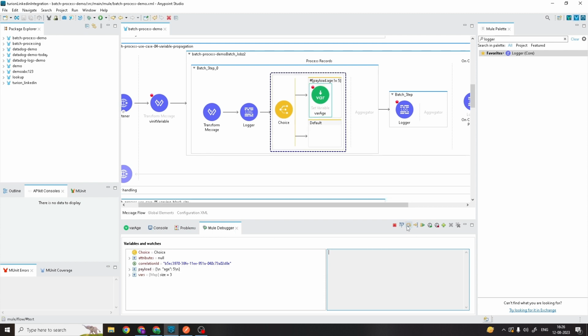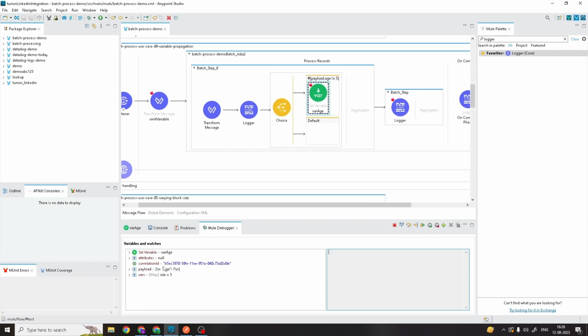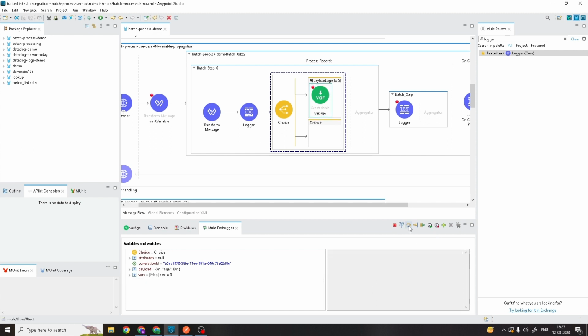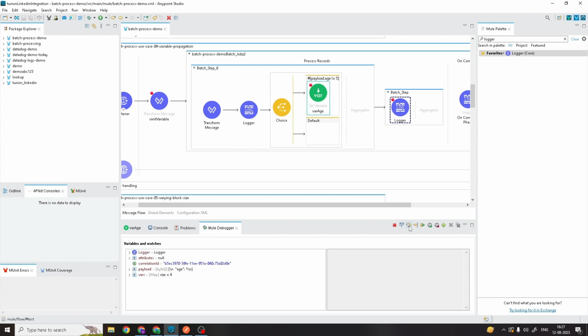We click next, we have age 1. It will again store that age 1 in this var age, and this has its particular instance ID. So these are the default variables which have been created: job instance ID and mule batch internal record. So if I click next,